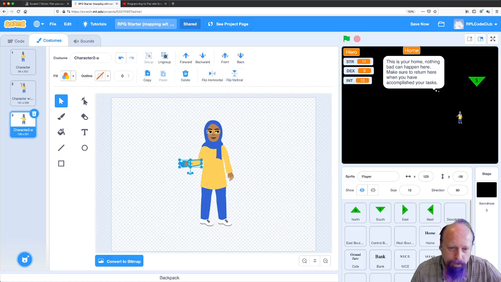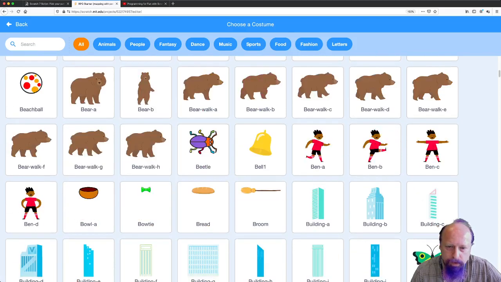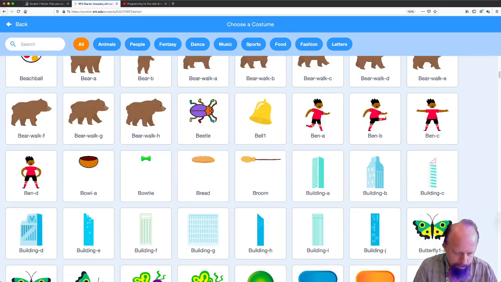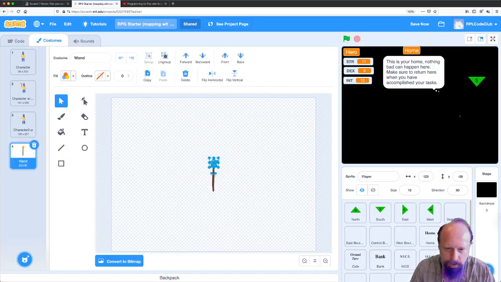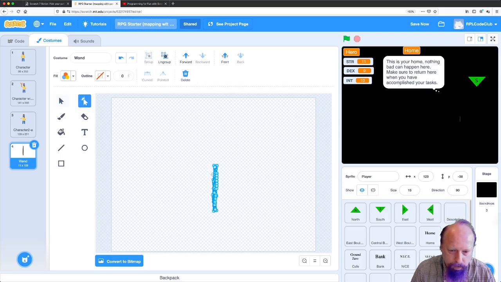So I put her arm out, and then the torch is taken from a couple of others. I think there's a wand. Yeah, so I took the wand and removed the star, and then you can select the points, and there are lots of ways you can move them. I forget exactly what I did, but I made the wand a little fatter at one end, and I'm grabbing the wrong parts, but